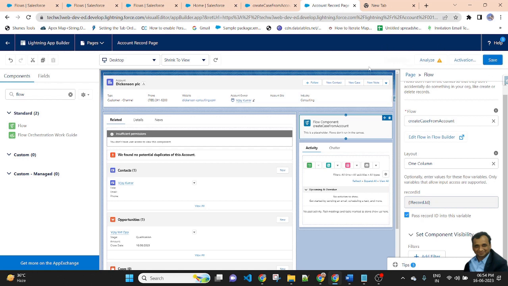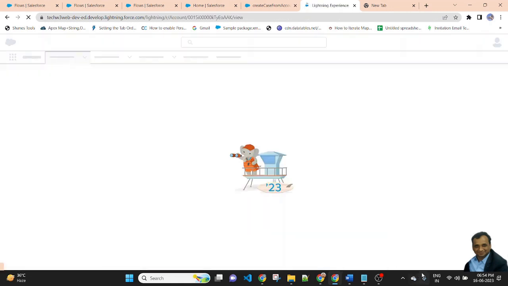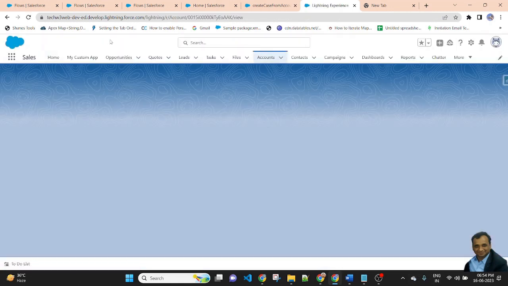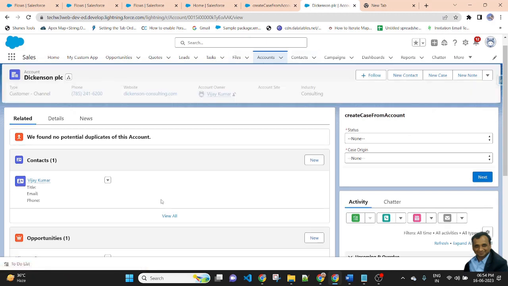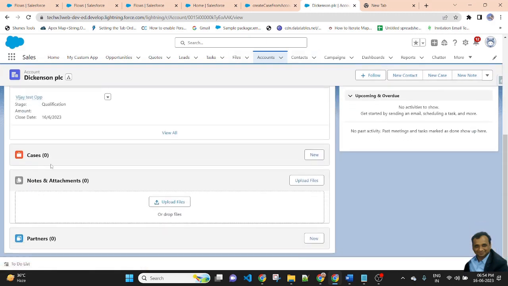Record saved successfully, then go back. You can see my flow is displayed here. Status and case origin, the two picklist values are displayed, and in this account there is no case.